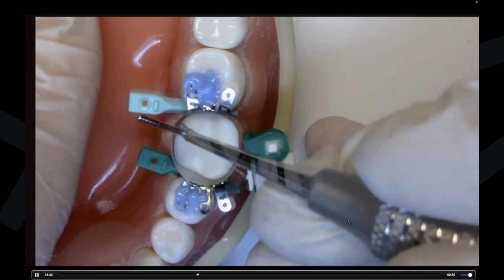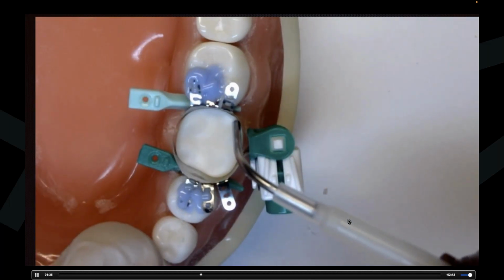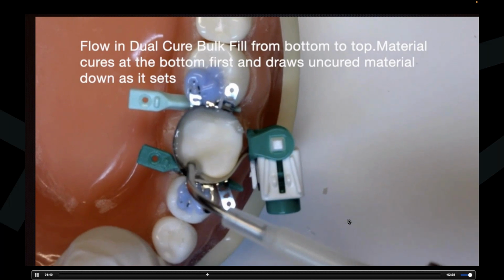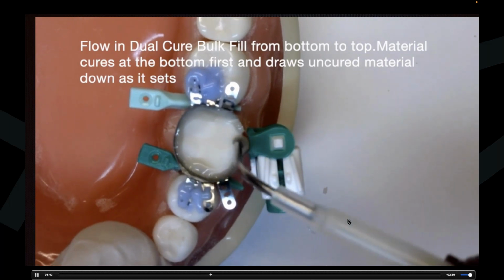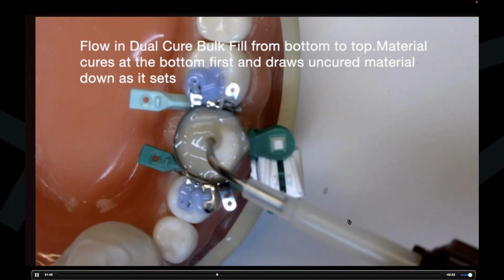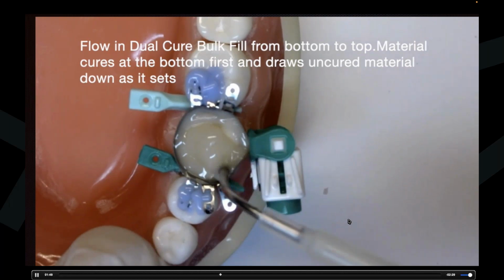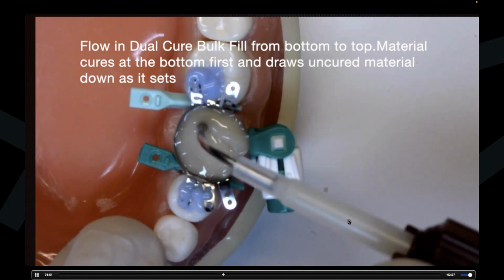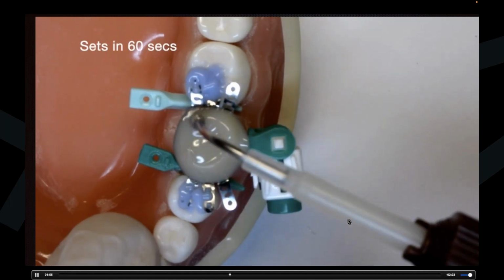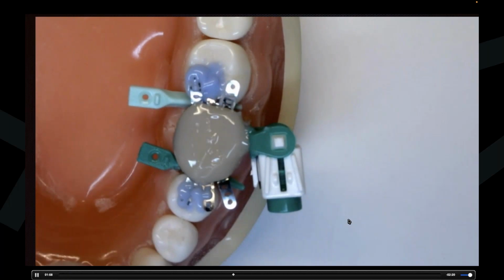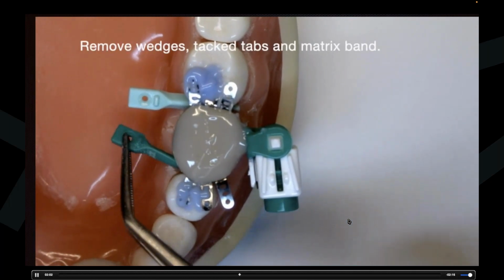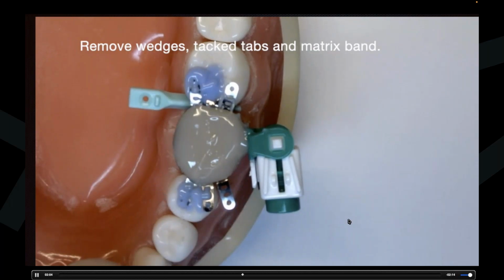If you want to incremental pack, heated or non-heated, you can use this instrument and not have to switch back and forth while you're packing and shaping. So you can see that he has never done this before, and he's doing it flawlessly. He's keeping the pressure on as he fills it, because you don't want to lift that out with the pressure off the plunger, because you can create a void.